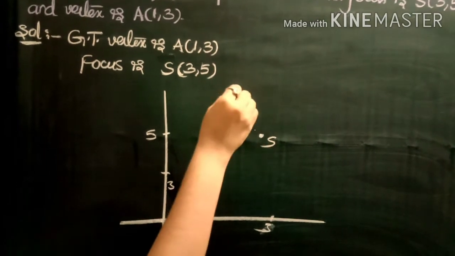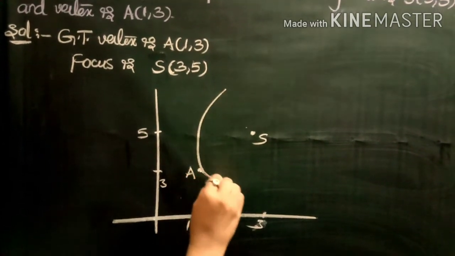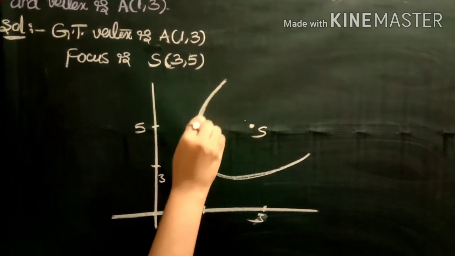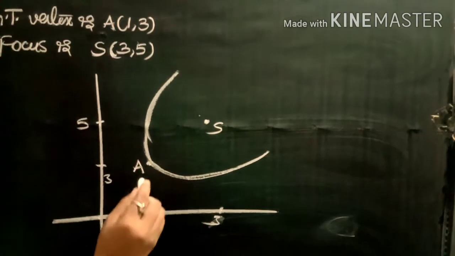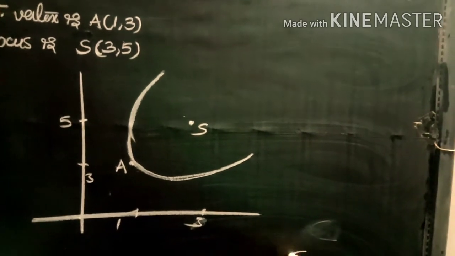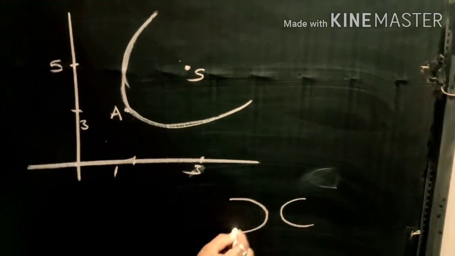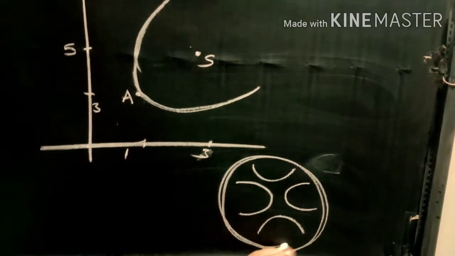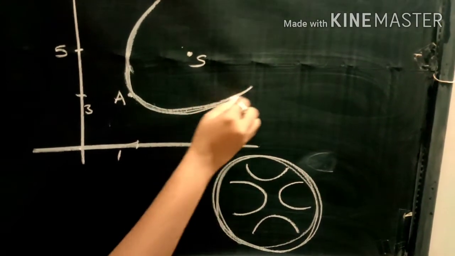Now we are drawing the parabola. This is the parabola. The focus lies inside of the parabola, so we draw the parabola like that. Clearly this is not in the shape of a C, reverse C, U, or reverse U. If we get any of these shapes, then we can tell the equation of the parabola. This is not like that.